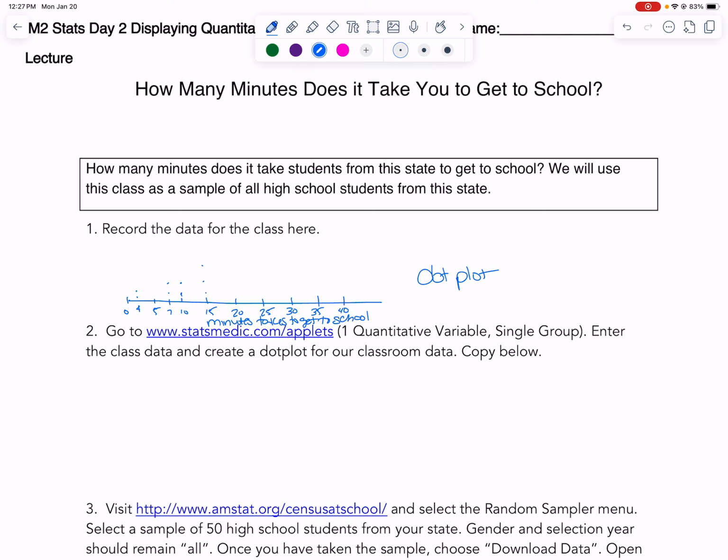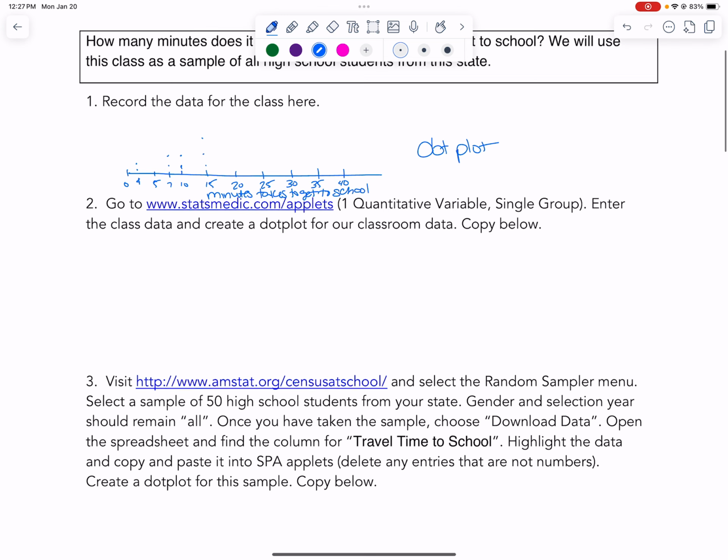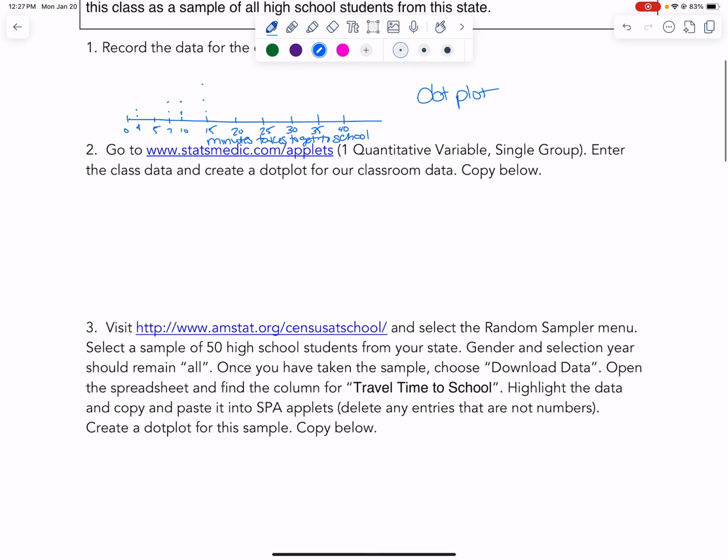So then it says to go to this link here, which I don't know if it'll take me here, but it gives me the census data. And what I was able to do is, because the students in class were only on either a phone or a tablet, so it was really hard, I went and did the data collection for them myself, and I had like 25, 5, 20, 20, 10, 7,